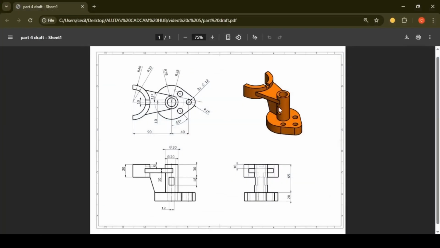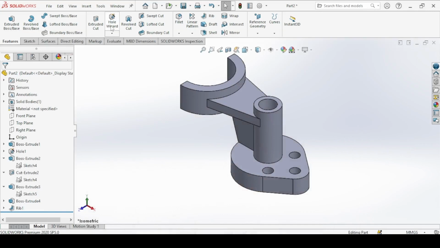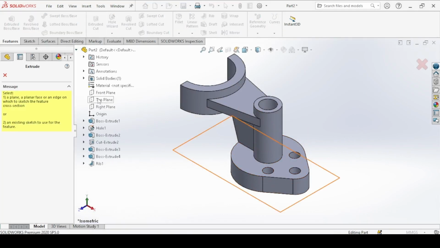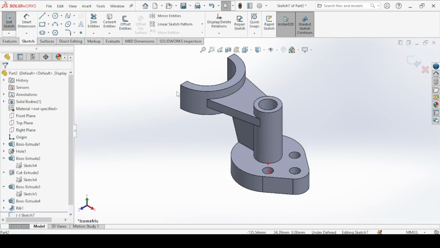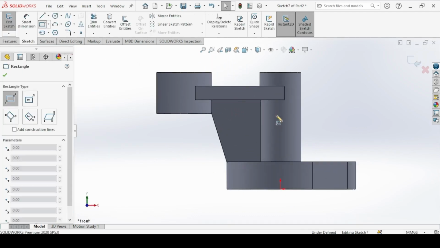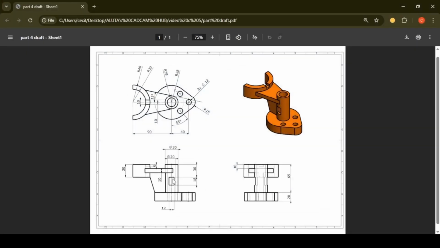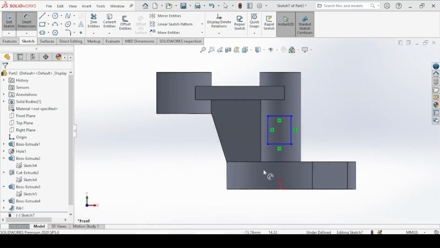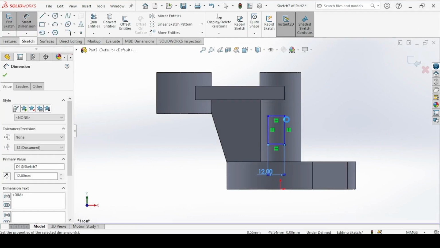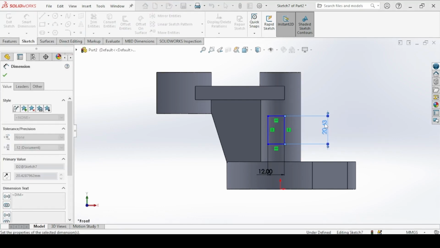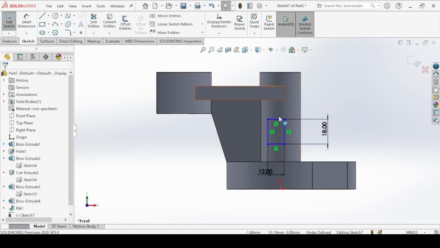Then we add this cut here. So extruded cut. The extruded cut should be on the front plane. We draw a rectangle. And the length of the rectangle is 12 millimeters. The height is 18 millimeters. It should be in the middle of the cylinder.